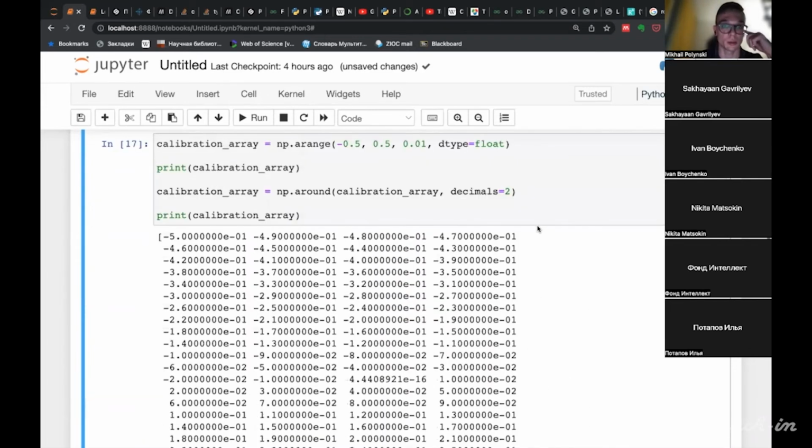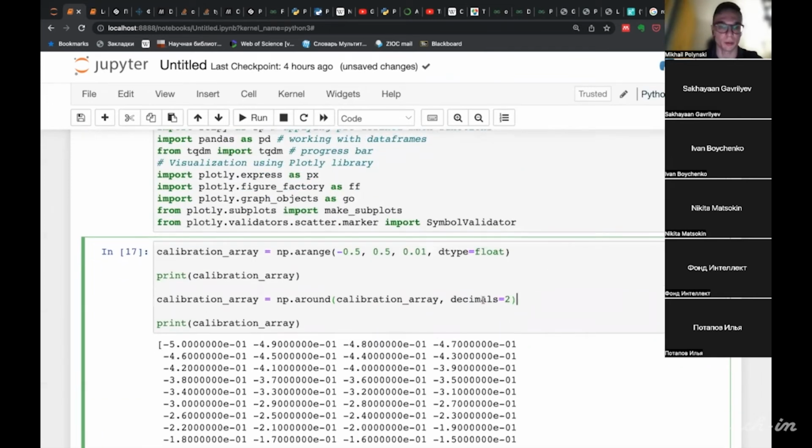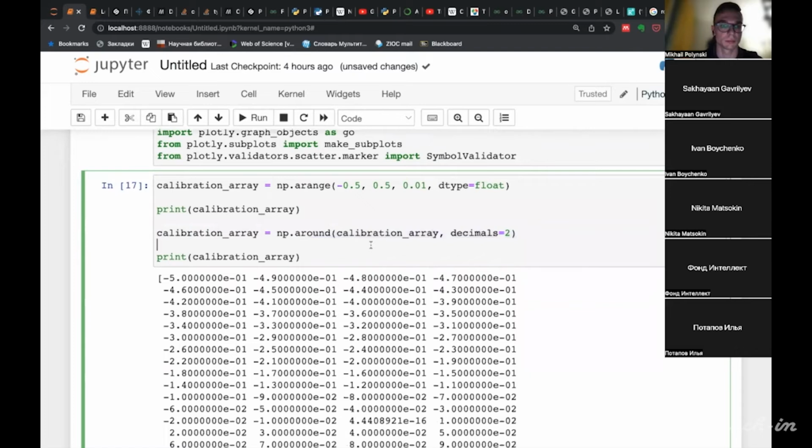And we can do rounding to, for example, two decimals easily by including this line in the code.